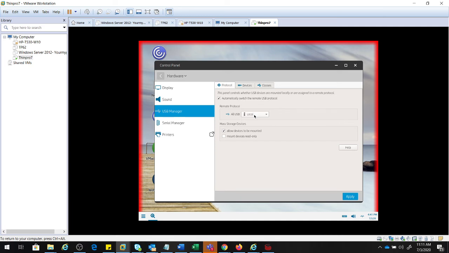So to detect it on this, I'll select local and click on apply. Just a moment. Yes, now you can see it has applied, and now we shall connect the pen drive.